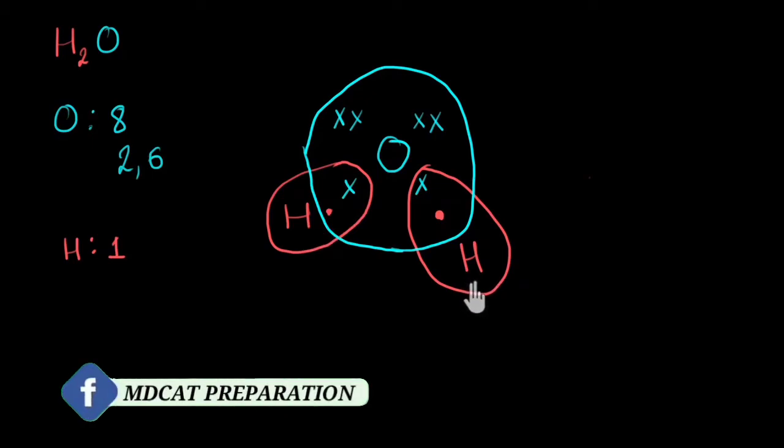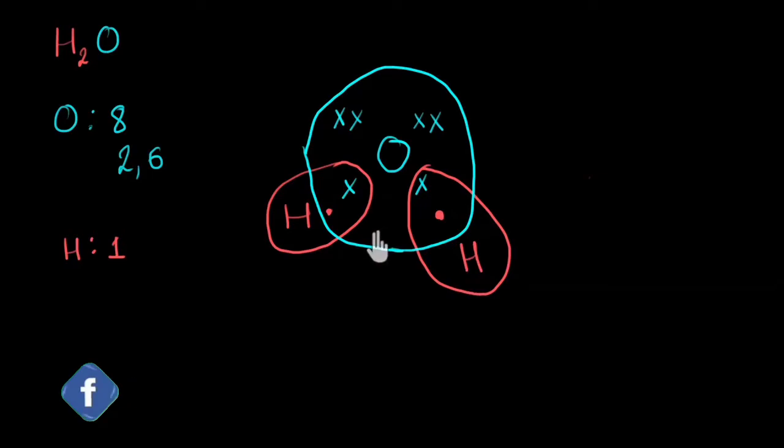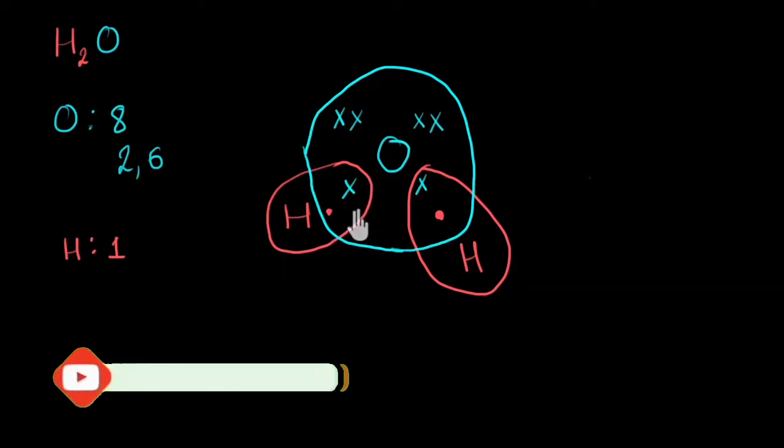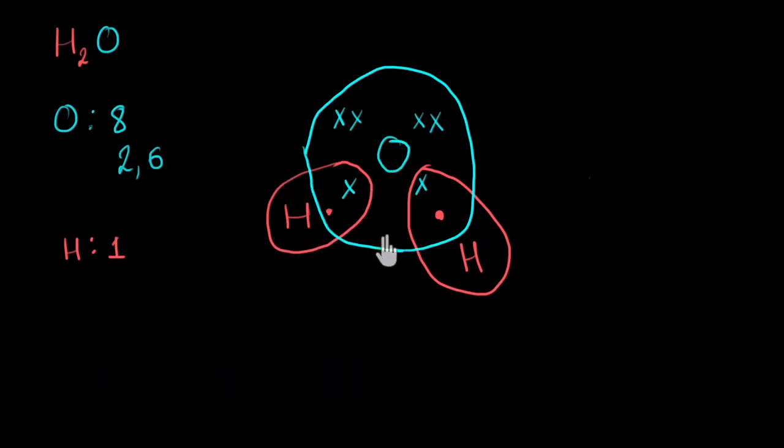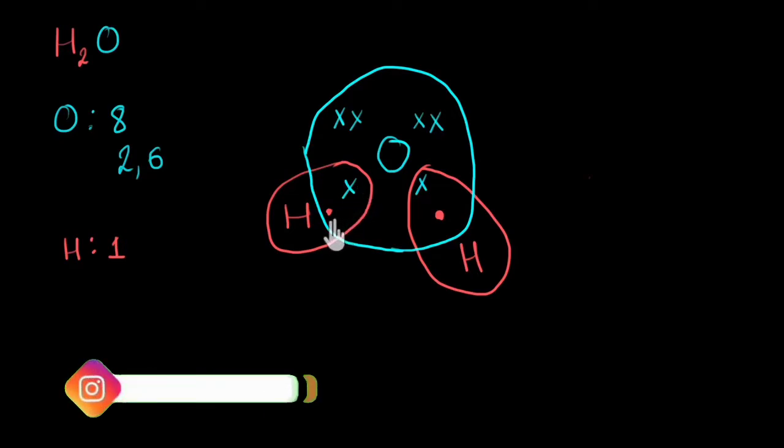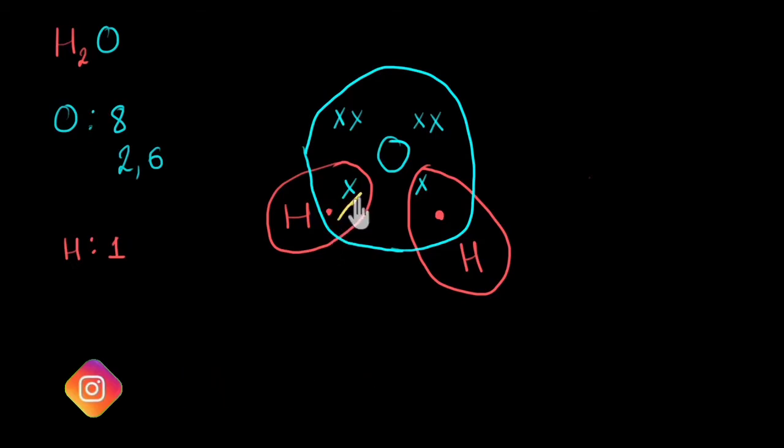Now one last thing. If we had to draw the structure again and again, it's going to be very tedious. I mean, drawing these circles and showing these overlaps, that's going to be a tedious task, right? So we can simplify this. What we can do is get rid of the circles, and to show that a pair of electrons is being shared, meaning there is a covalent bond, we can replace these electrons with a single dash. One single dash to represent one covalent bond or one pair of shared electrons.